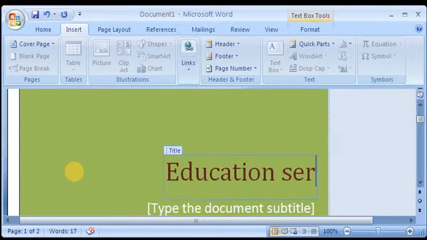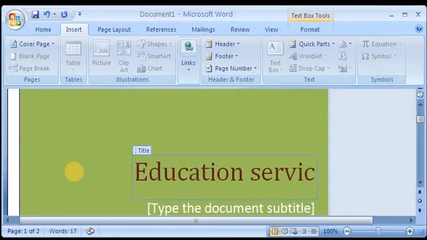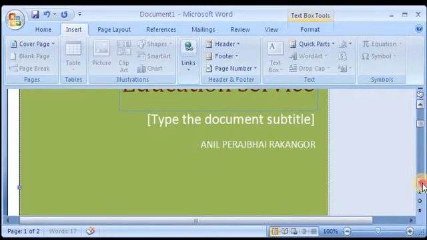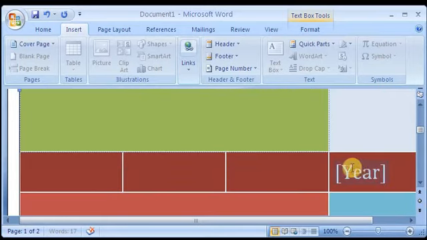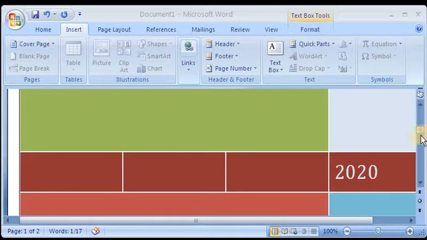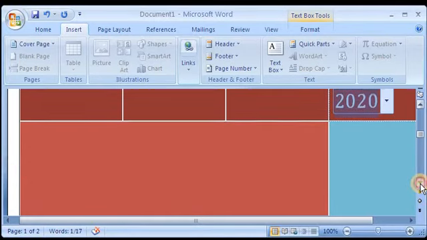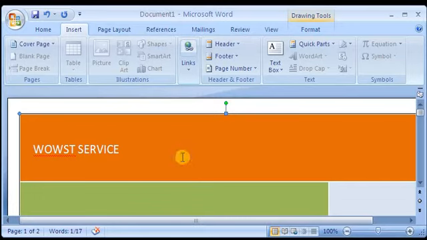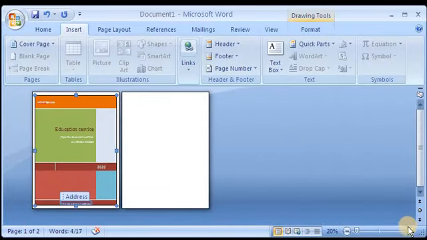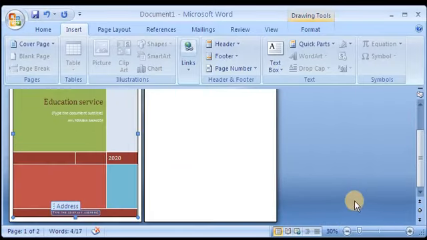You can enter the data into your cover page. The whole document will be represented with the cover page. As in your notebook there is a cover page, in the same way over here, and you can print it out.